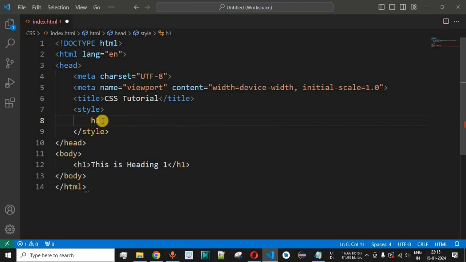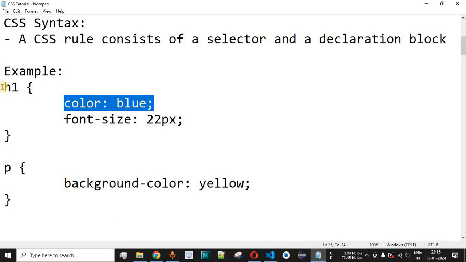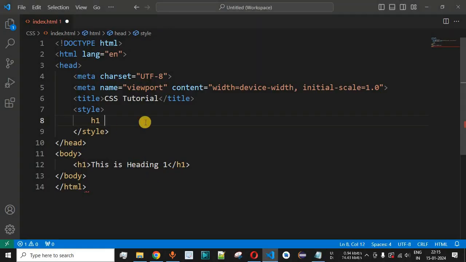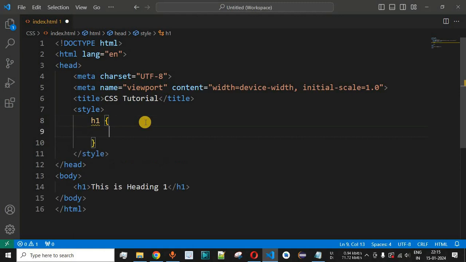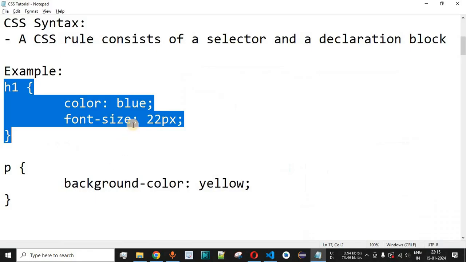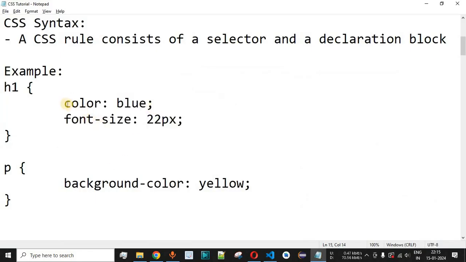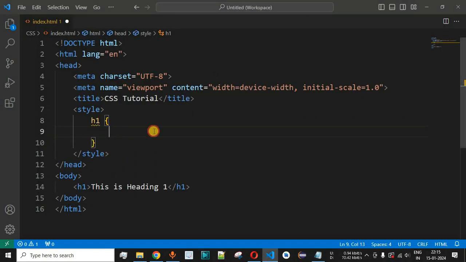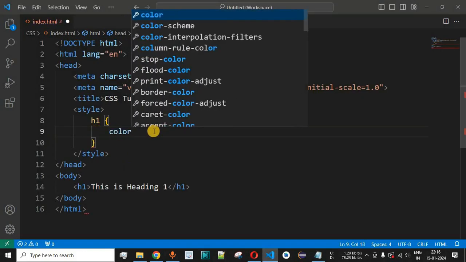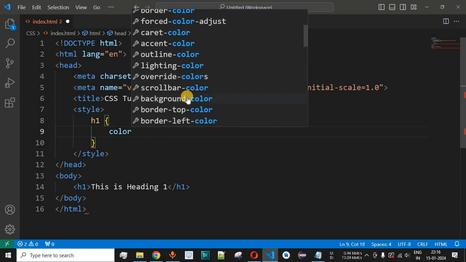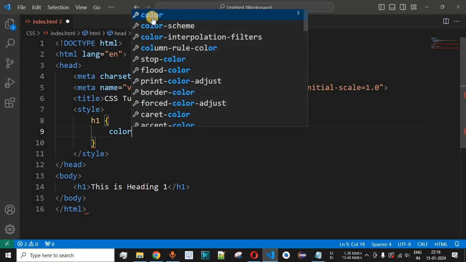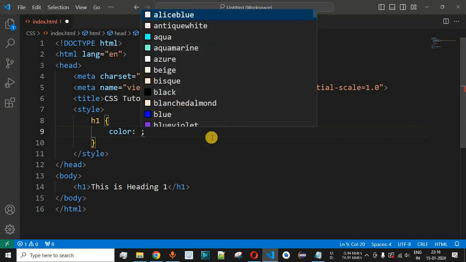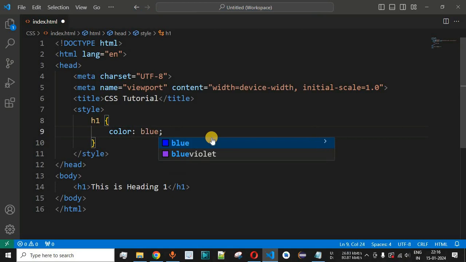So this is the selector which is part of the format when we are defining the CSS property, and then followed by open and close curly braces over here. Now guys, inside the curly braces we can define our CSS properties. So one of the properties is color over here, which is the font color. So simply when we type color, as you can see, VS Code is suggesting us various options in order to use the CSS properties. So in this case we are going to use this color property, and then simply we are going to provide the value that is blue. So we are going to select this blue option. So let me just save this file now.